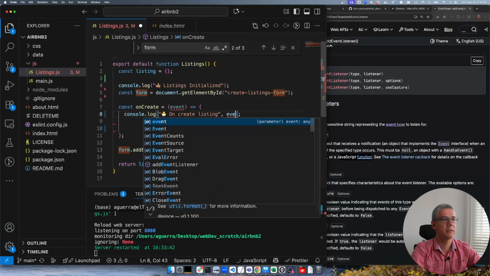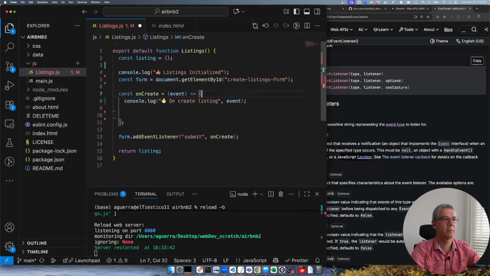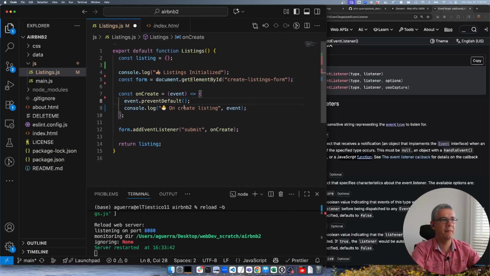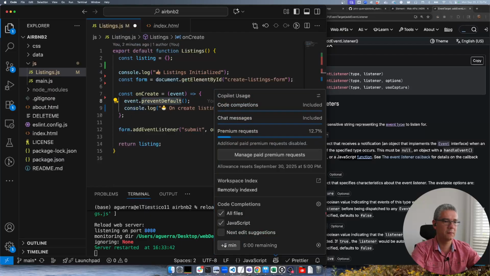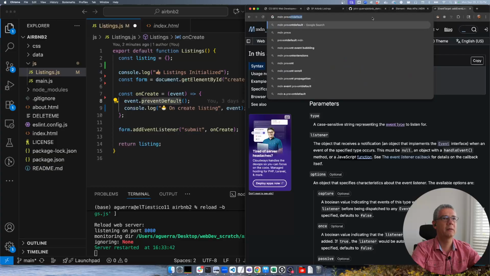So you can even just print it in there. And what I'm going to do, as you can see, Copilot is just waking up, I'm going to just call the preventDefault method. And the preventDefault method, shut up Copilot for a few minutes. If you go in here, MDN, preventDefault,